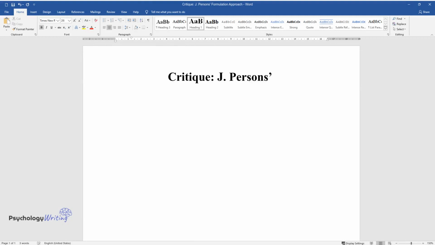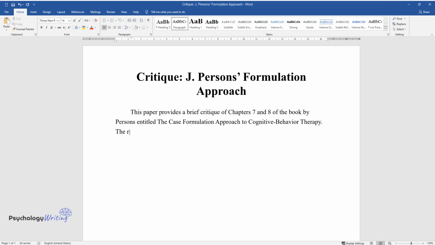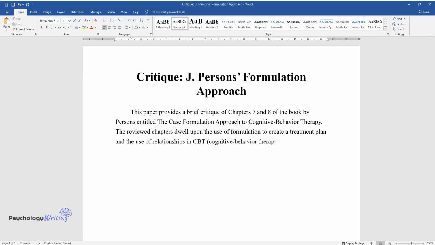Critique of J. Persons' case formulation approach. This paper provides a brief critique of chapters 7 and 8 of the book by Persons entitled The Case Formulation Approach to Cognitive Behavior Therapy. The reviewed chapters dwell upon the use of formulation to create a treatment plan and the use of relationships in CBT, cognitive behavior therapy. In this part of his book, Persons provides justifications and illustrations of the effectiveness of formulation